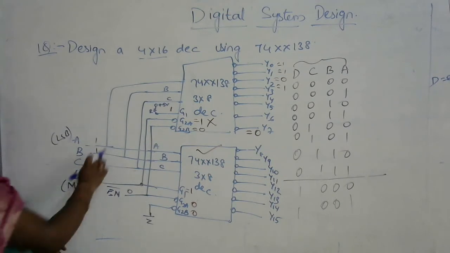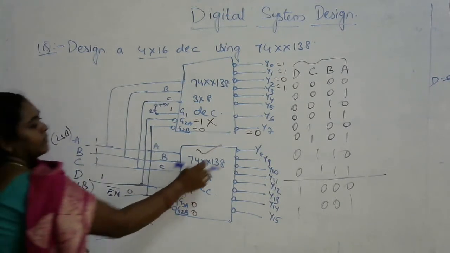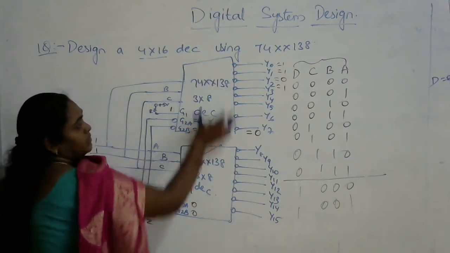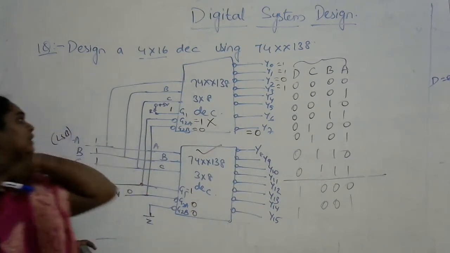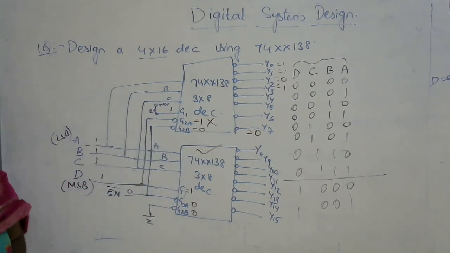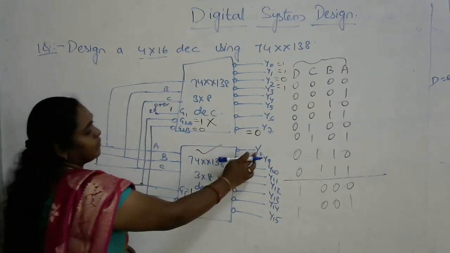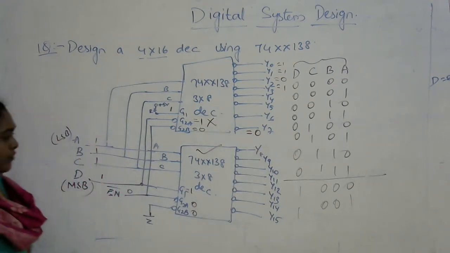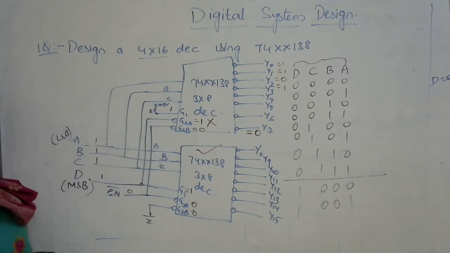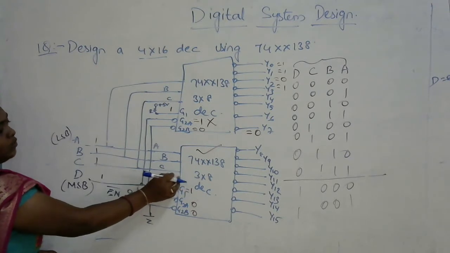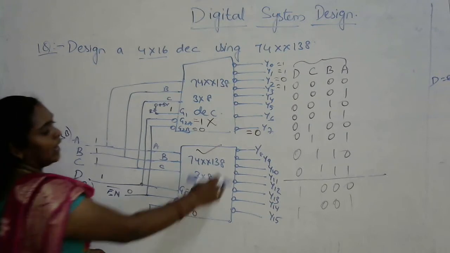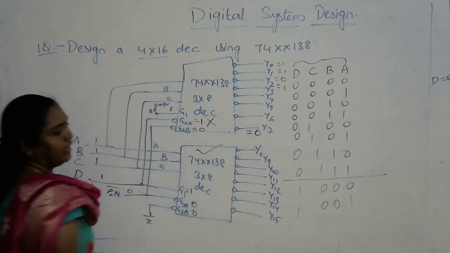So depending upon these A, B and C values, the outputs will be these y0 to y7 only. But as I am saying it as cascading, meaning connecting both the 3 by 8 decoders and making them into a single 4 by 16 decoder, that is the reason I am continuing the numbers from y8 to y15. So when D is equivalent to 1, the first decoder will not be in the active state. The second decoder will be in the active state. So depending upon these A, B and C values, the outputs will be between y8 to y15.